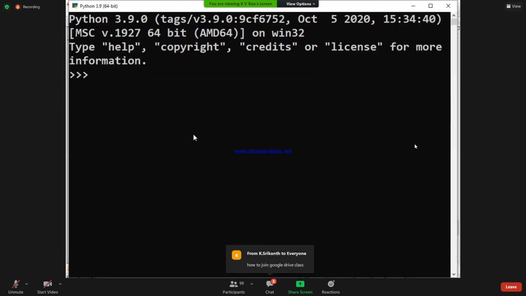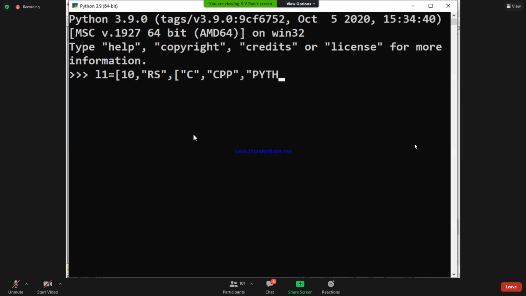The inner list concept: a list in a list is called what? Inner list. So what is the need of that? Inner list: L1 is equal to, I'm having something like this. Some number, some name, and I told you yesterday various types of scenarios. Next I will take subjects like C, CPP, Python, for example.